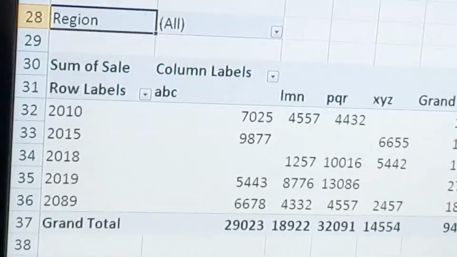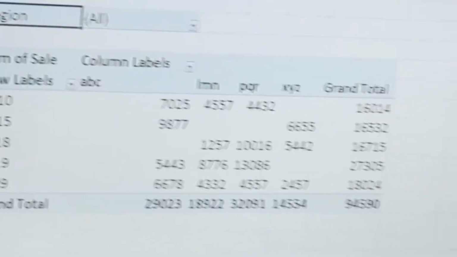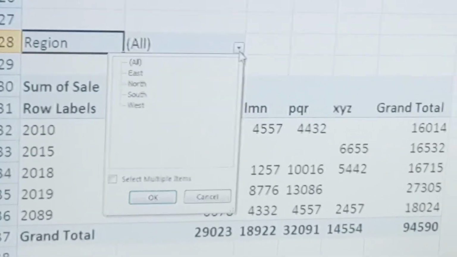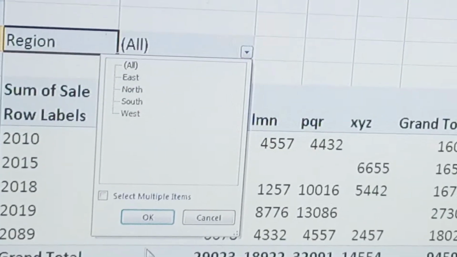Now here a comparative statement of all the information is available in summarized form. Here region is All. Suppose you want to see the east region.